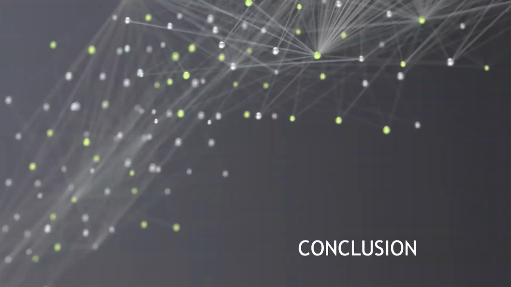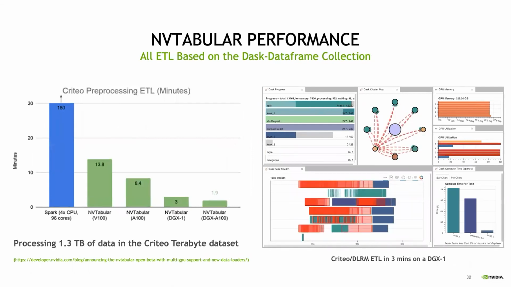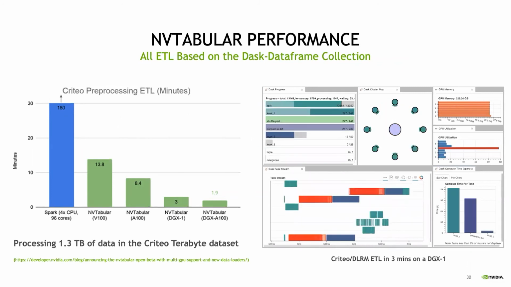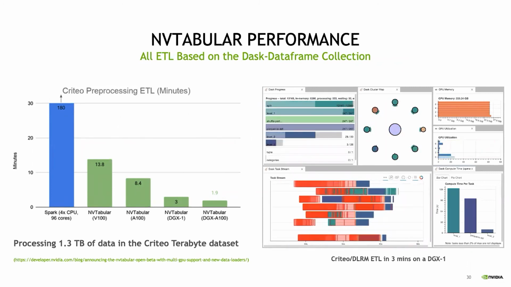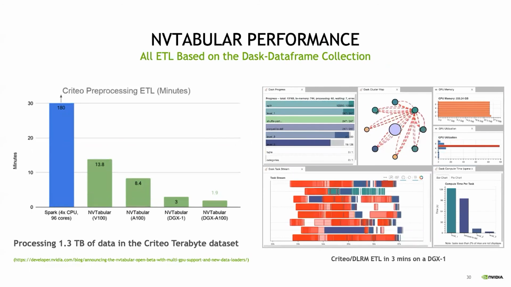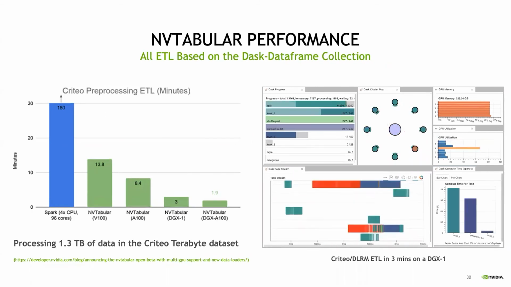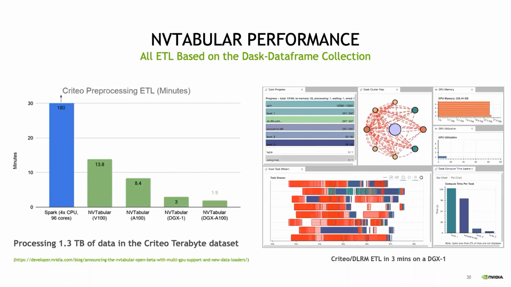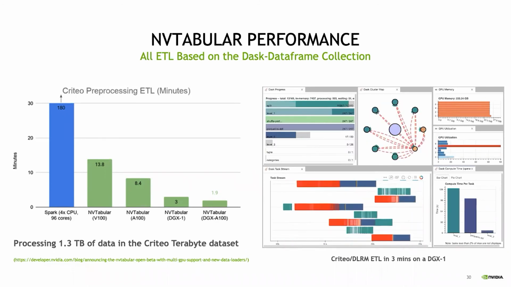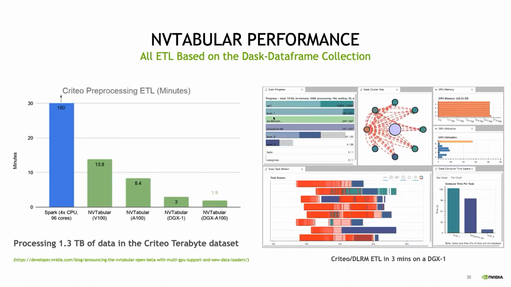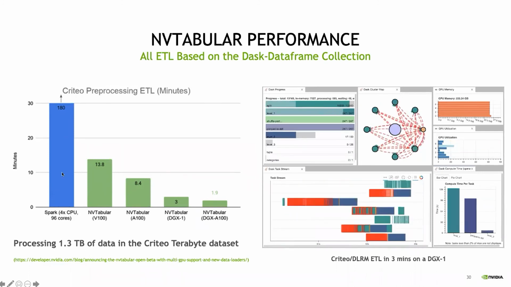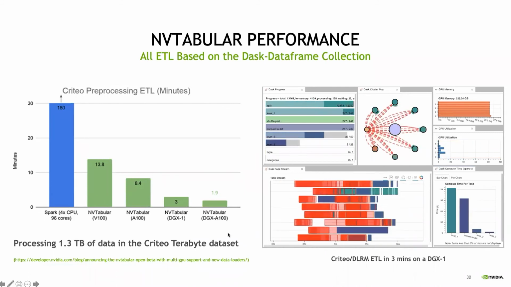So in conclusion, I said I wasn't going to talk about how fast it was, but it is worth mentioning and showing a simple result, at least of a simple benchmark. Here is the Criteo DLRM preprocessing benchmark that we often use just to make sure that we're not slowing anything down. We typically run it over and over again during development. And so you'll see for this particular case of this 1.3 terabyte data set being preprocessed for Facebook's DLRM model,